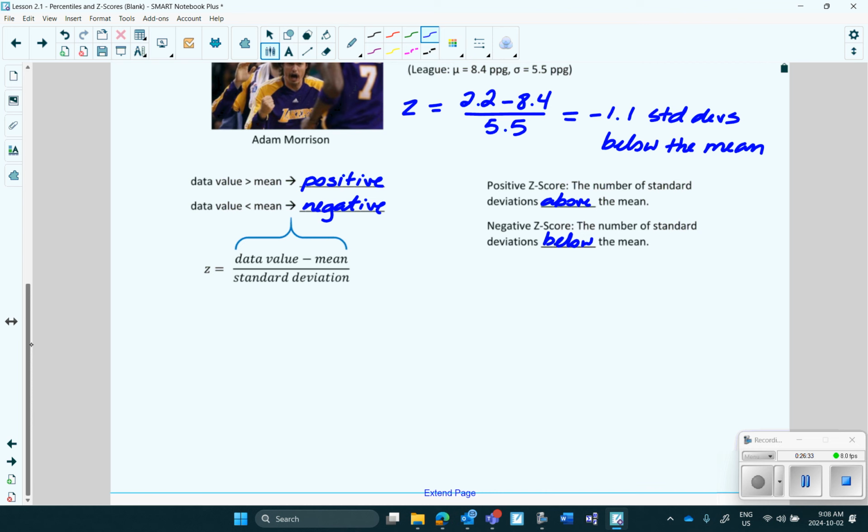We're going to have negative 2.1, which represents below the mean. We're going to have a whole list of Z-scores. If you were to calculate the Z-score of every data value in a distribution, you'd get a new distribution. And that new distribution, or the distribution of Z-scores,